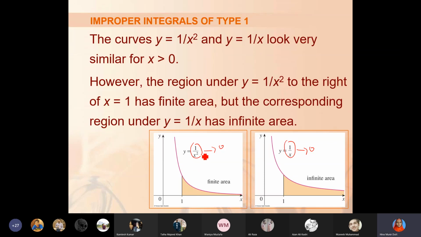ठीक है। लेकिन ये 1/x जब आप x को इंक्रीज कर रहे हैं तो इसका मतलब है कि 1/x डिक्रीज हो रहा है। x को जितना इंक्रीज कर रहे हैं 1/x उतना डिक्रीज हो रहा है। x अगर विदाउट बाउंड इंक्रीज कर रहा है इसका मतलब है कि ये 0 के करीब होता जा रहा है। जब 1/x इतना छोटा होता जा रहा है तो जब आप उसका स्क्वायर करेंगे वो उससे भी ज्यादा छोटा हो जाएगा, यानी 1/x स्क्वायर इज मच स्मॉलर देन 1/x।